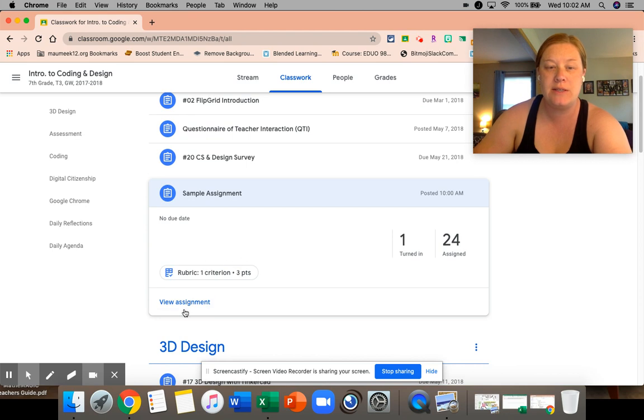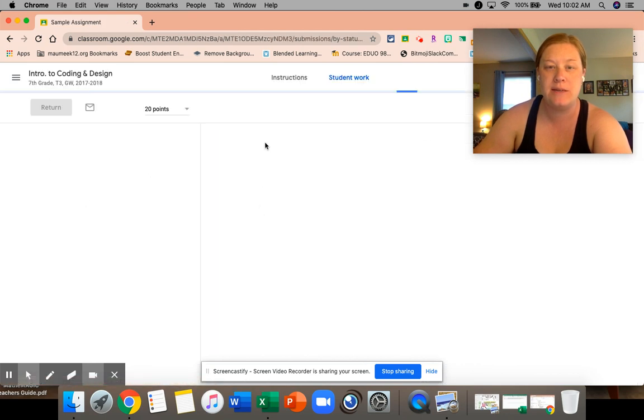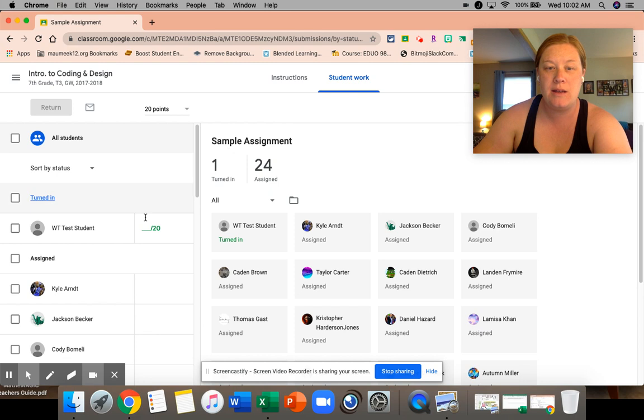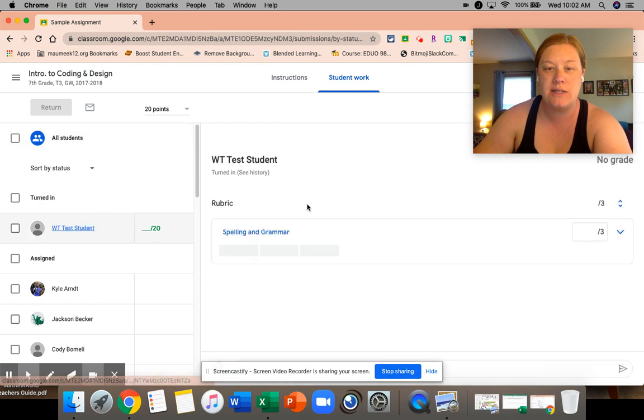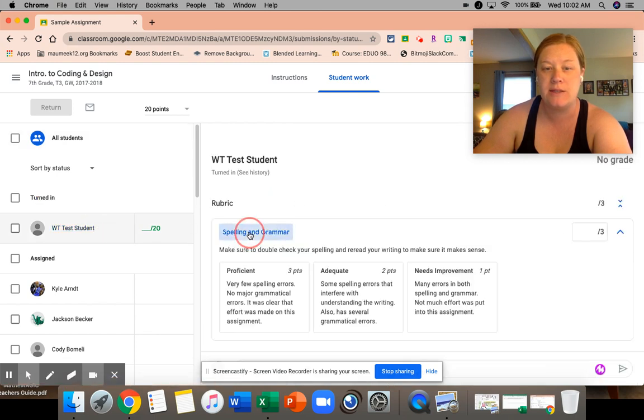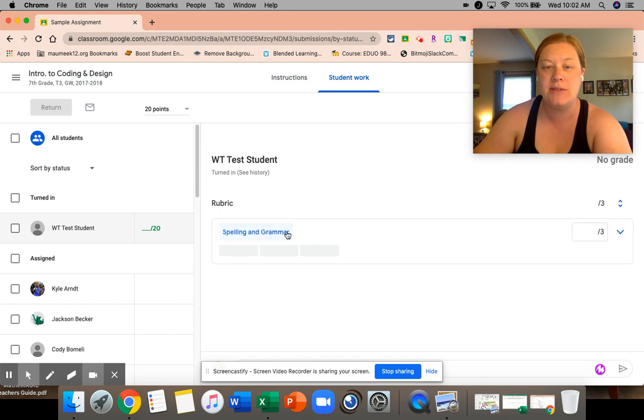And now I have a student with it turned in. So now I'm going to view that assignment. And this is what it looks like. So if I click on this student, here's my rubric. This is so easy, you guys. On the rubric, this is a 3, a 2, or a 1. I don't even have to pop it open. I can literally give them a 3, a 2, or a 1 right here